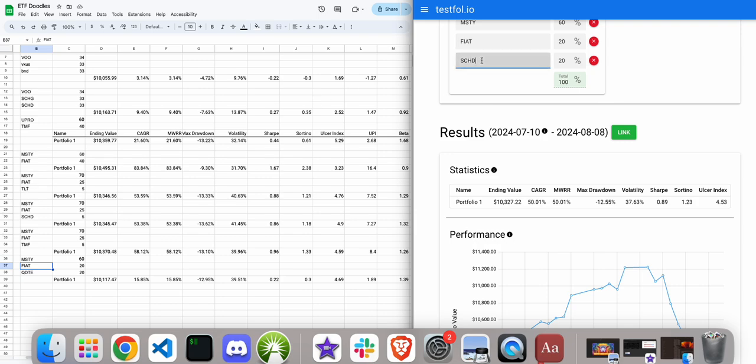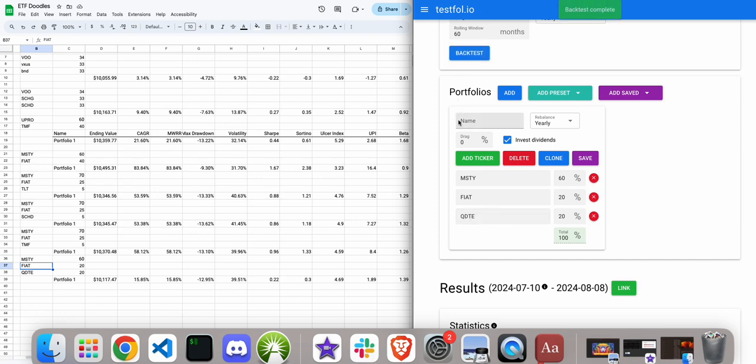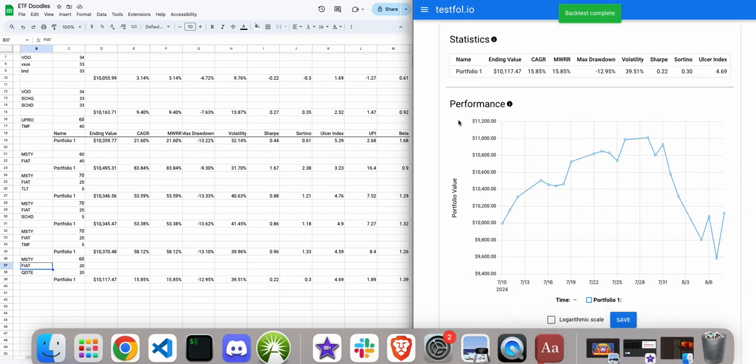There's more bond type covered call ETFs out there. I just don't know them all off the top of my head. But I think let's go back to this QDTE. Yeah, the only problem is when it does this, the maximum drawdown of 13%, that's not great when you have a 25% margin. But I guess that means that